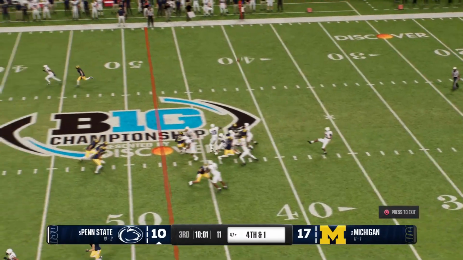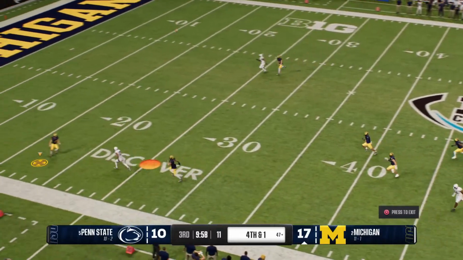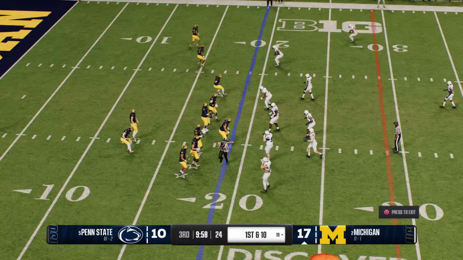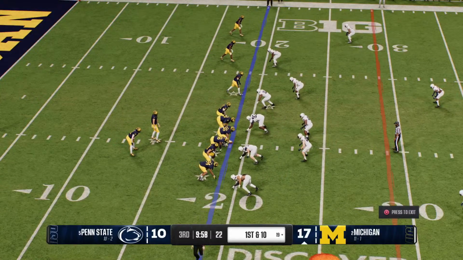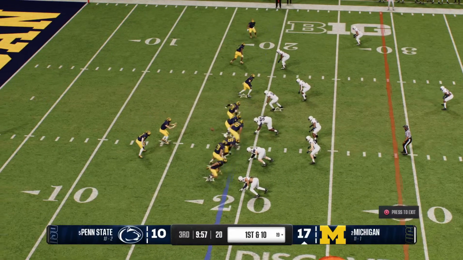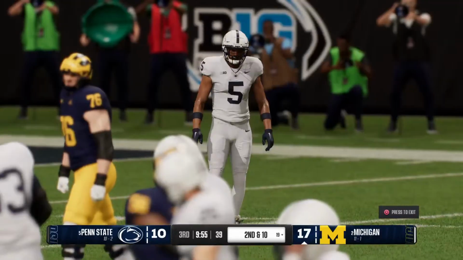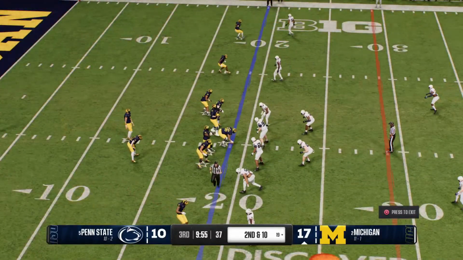And finally, we have a punt, the first of the game for either team. We'll call for the fair catch here. And the Michigan offense comes back out on the field. Kept out of the end zone last time, had to settle for a short field goal. Can they improve upon that here? Oh, and it's incomplete. A chance at a much-needed takeaway there.